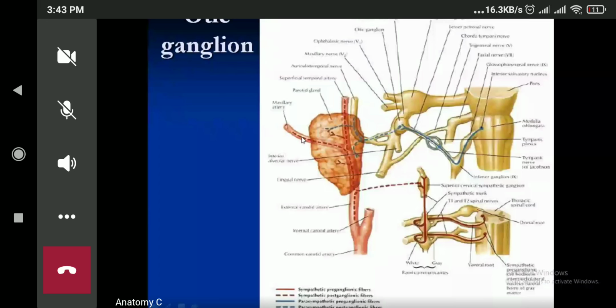You can also ask another question: how does it have a connection with the otic ganglia? I will tell you. Lateral horn of T1 to T3, then we have the corresponding spinal nerve, ending in the superior cervical ganglia. From the superior cervical ganglia, the postganglionic sympathetic fiber will pass through the otic ganglia without interruption. Then it will continue along the plexus around the external carotid artery, maxillary artery, and supply the parotid gland. This is how it is supplied.